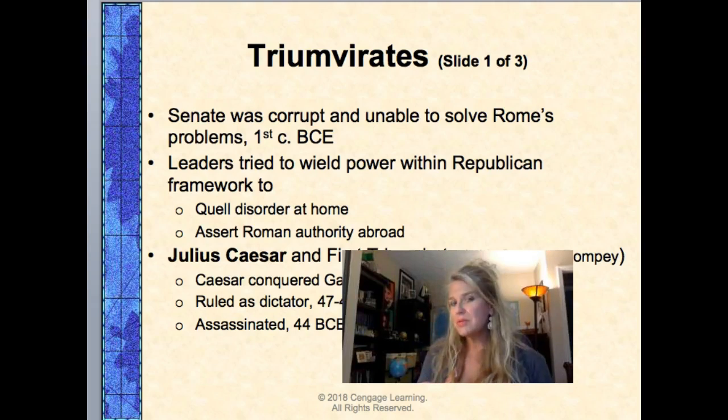So the story goes he was stabbed 23 times on the Ides of March. The Ides of any month is the 5th. I'm sorry, the 15th. And so there's supposed to be a soothsayer that says to him at the beginning of March, beware of the Ides of March. And then his wife, his Roman wife, I believe her name was Julia,